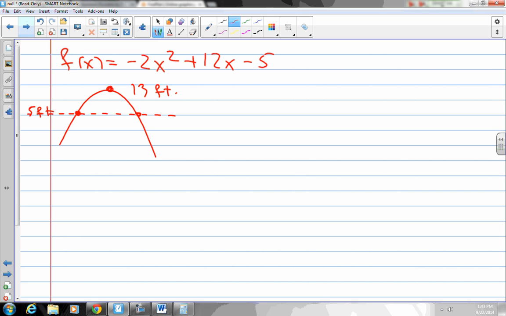So that happens only once, 3 seconds after I threw it up, right? X was 3. And what if I ask you how many times or when will this marker reach the height of 20 feet? Never, right? 20 feet is somewhere here. And again, we're just talking philosophically about this situation. I'm not actually going to go and solve, because in order for me to answer the first question, when it reaches the height of 5 feet,